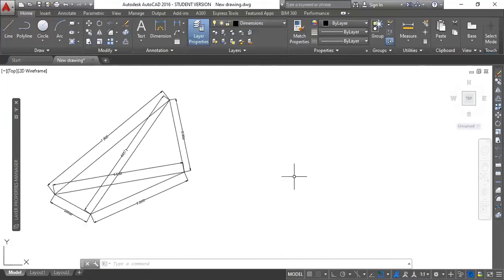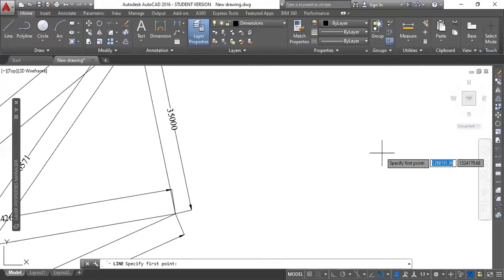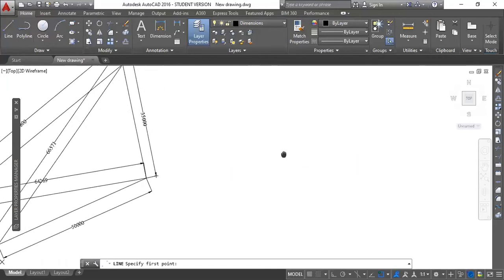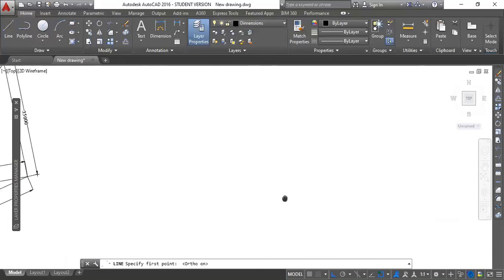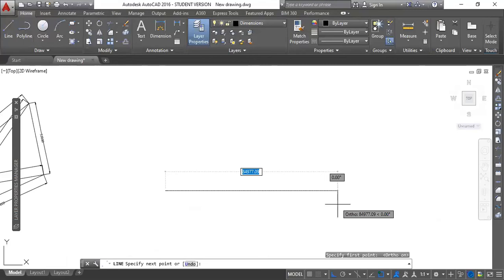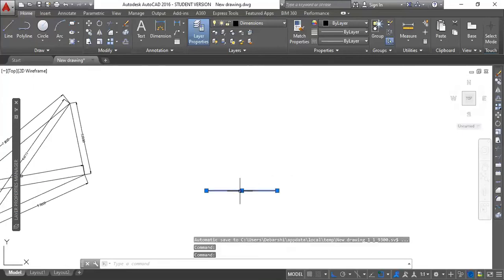I'm going to recreate it. So start with any side. Let's say in my example, I'm starting with this 35 meter side, because I don't know how the site looks. I just know that there is a site which has 4 sides, and I have the dimensions of those 4 sides, and I have its 2 diagonals. Okay, so how am I going to start? I'm going to switch on my ortho, sit back, turn on the AC, and start drafting. So 35 meter. This is my first length. I know this is 35 meter.